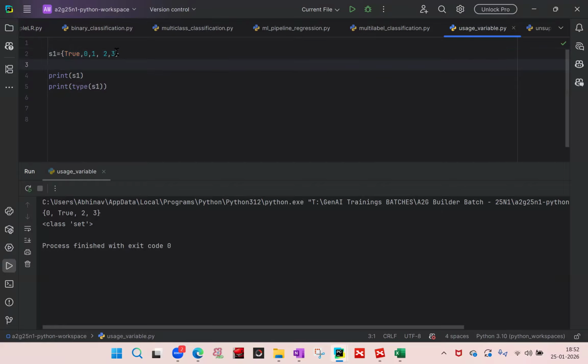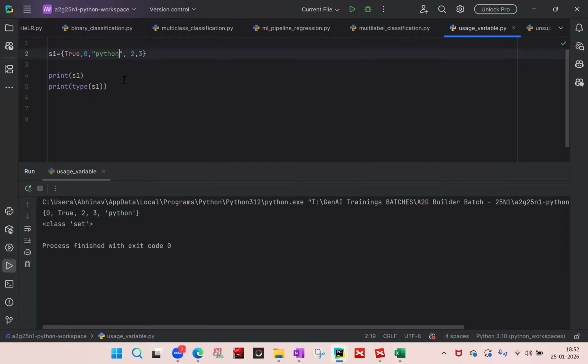Although you can think in that way also that these 1, 2, 3, each of these represents true value because these are non-zero values, right? But if Boolean value is there, then it will consider the next first true value and it will omit it. So we can basically have Python also. This is also true value. So if I run this program,